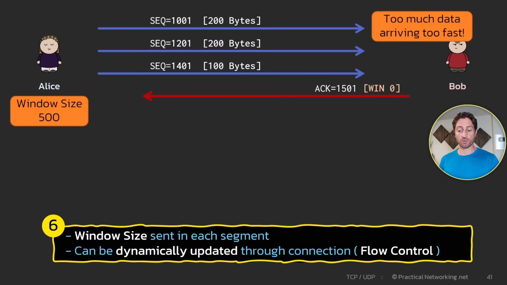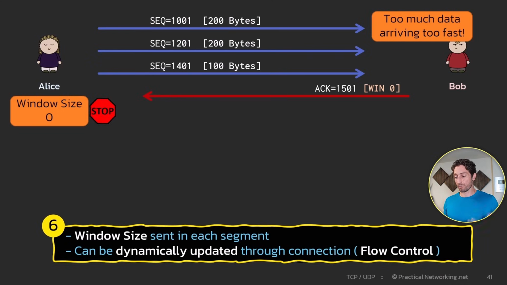This is instantly going to reduce Alice's send window size to 0 and force her to stop sending data until Bob sends another acknowledgement number. Bob can use this time to process the data he just received from Alice, or more than likely process all the other data he might be receiving from other people connecting to Bob at this exact same time. Then, once Bob has caught up, you could say, he can then send another acknowledgement indicating he is now ready